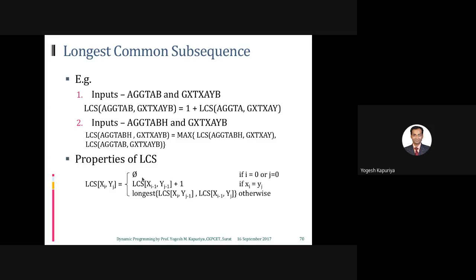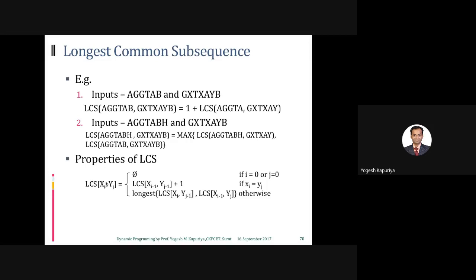So that's the approach. And if we put this approach in the form of an equation, this is what we can achieve. LCS of Xi, Yj is equal to null if i is equal to 0 or j is equal to 0. That means if the length of a string is null, or any string is null, then you don't have any common subsequence because there is no sequence at all, right?